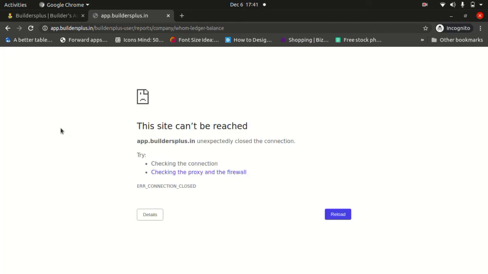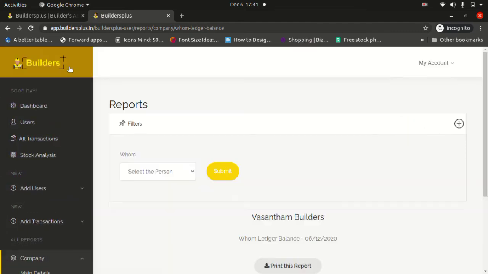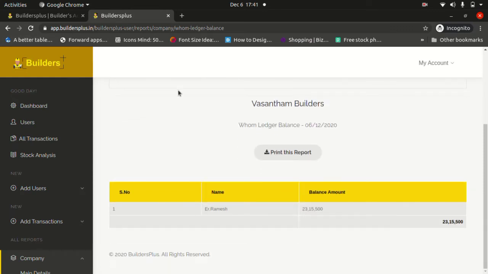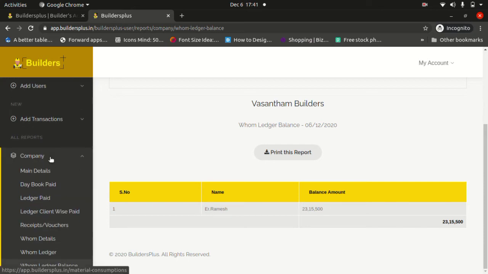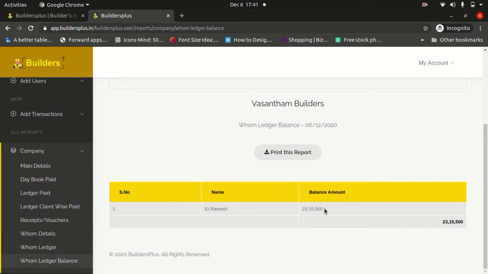Home ledger balance, sorry for that, it's getting loaded. Totally through Engineer Ramesh we made 23 lakhs and 15,500 rupees as the balance amount. Okay, so these are the reports that all come under the company part.